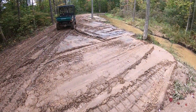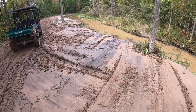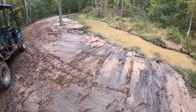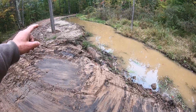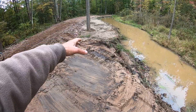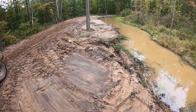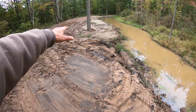I don't want to build up the soil around the base, the root balls of the trees, the crown of the trees rather. But what I'm going to do is come down here, dig up some more of the sand that's in the canal system, deposit it alongside of the roadway here near where the trees are, and work my way right around, get as much sand out of here as possible. If I get some muck, that will go on the base and that'll just build up the soil,